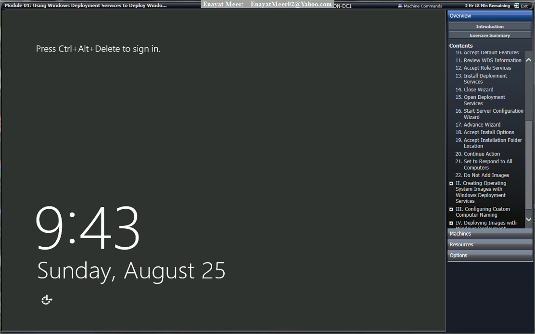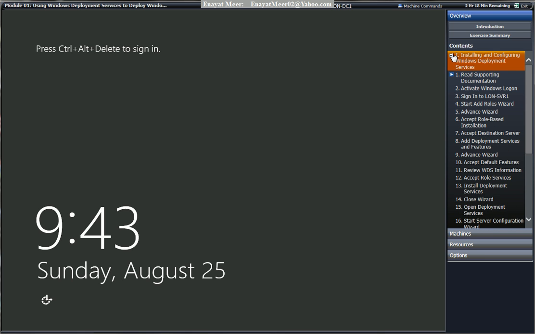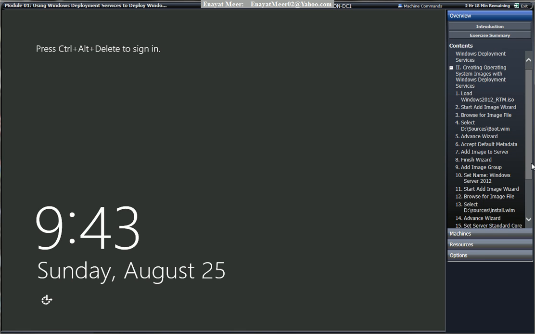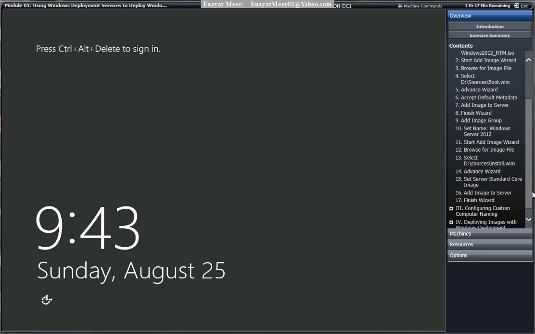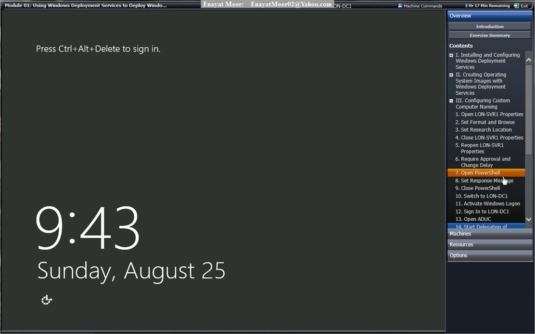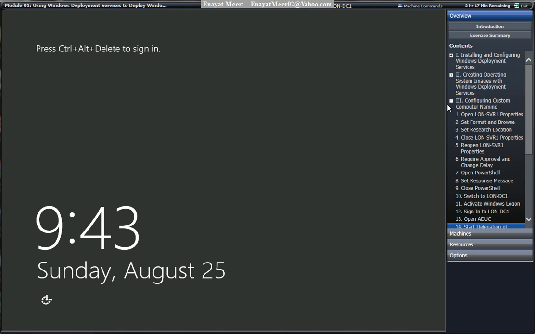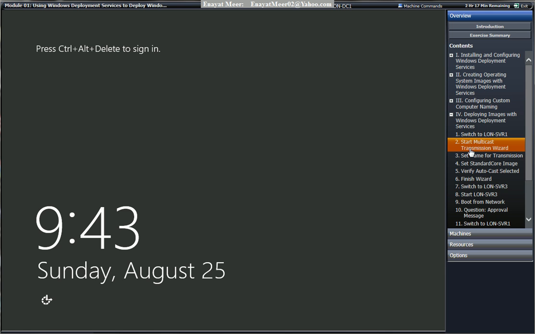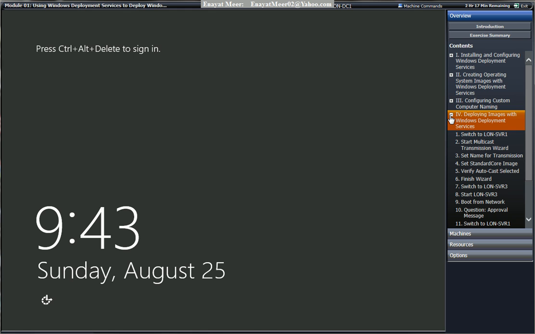This is the first section, which has 22 steps. Then you have the second section, creating operating system images with Windows deployment services. This has about 17 steps. And then you have a third section. This section has all the way up to 24 steps, and this is about configuring custom computer naming. And section number 4 contains, I believe, 17 steps, where you are going to perform all these different